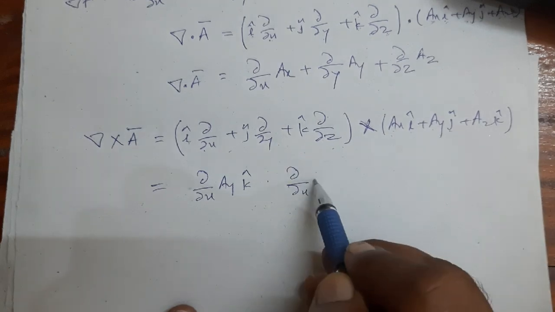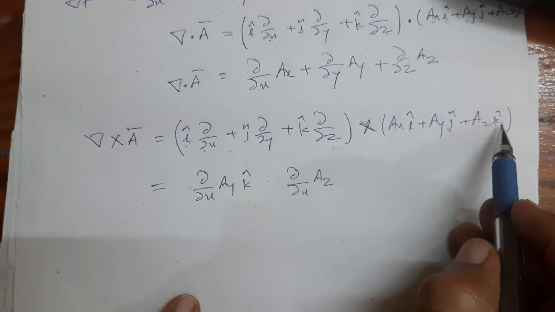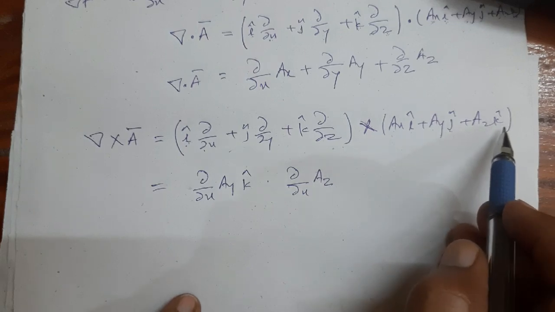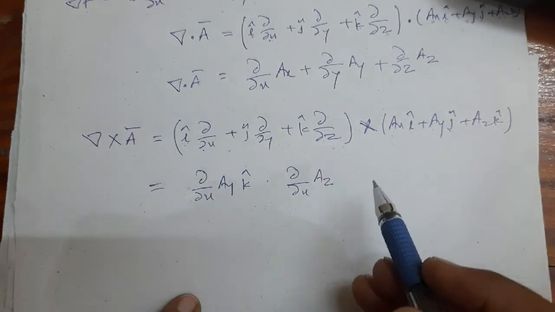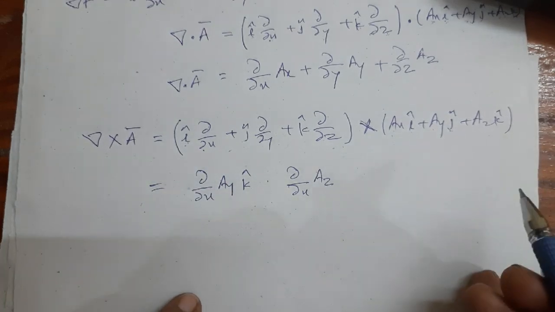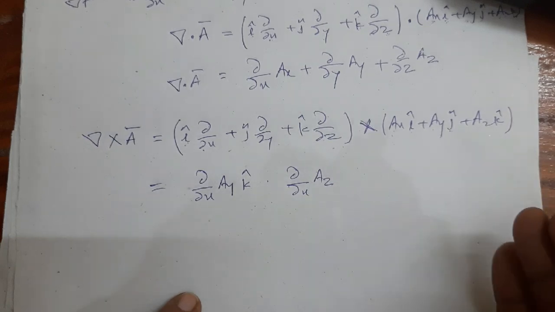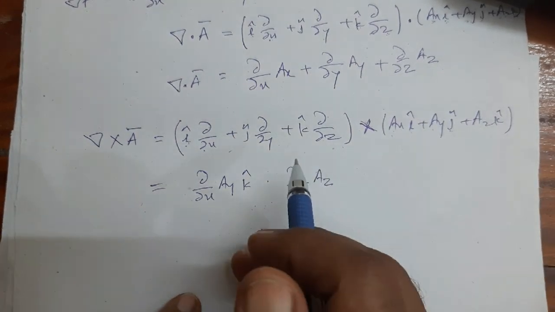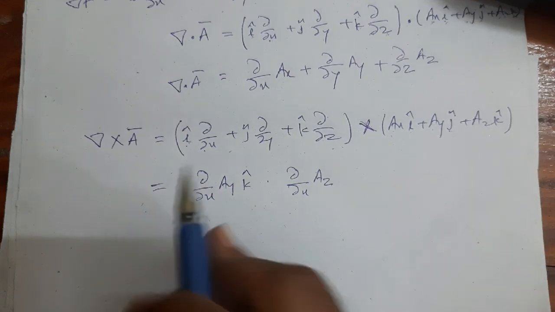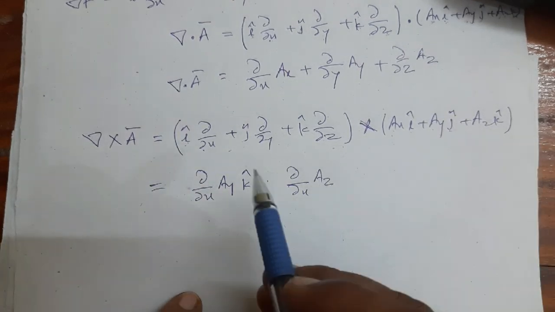I will have to write it is ∂/∂x of az and i cap dot k cap. But what is i cap dot k cap? It is a right-handed cyclic coordinate system. Therefore, i cross j is equal to k, j cross k is equal to i, k cross i is equal to j. But if I think about the reverse way, k cross j is equal to i, j cross i is equal to k, and i cross k is equal to j, and all these with negative sign,